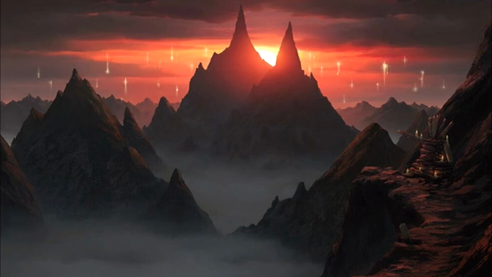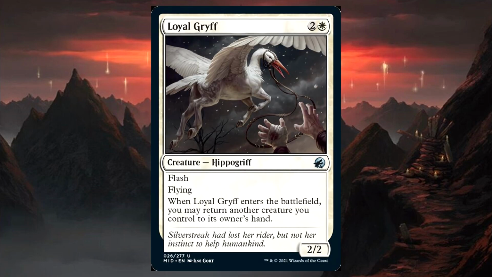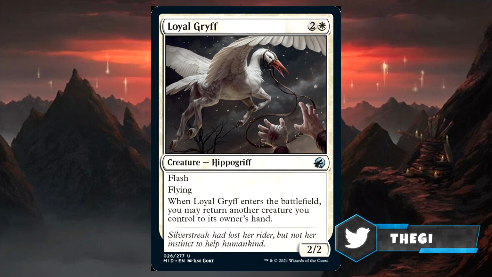All right, guys, and the last one is gonna be Loyal Griffin. It's 2 generic and 1 white. Another uncommon, very nice. It's got flash with flying. Whenever Loyal Griffin enters the battlefield, you may return another creature you control to its owner's hand. So, not the greatest, like I said, but if you have a really good creature, if you're playing